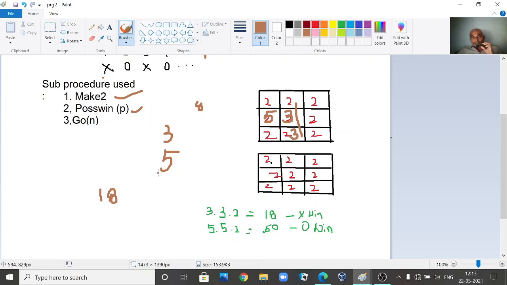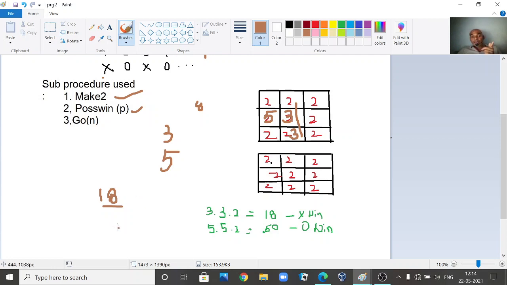So O will come to know that in the next move, because the product of 3 3s are 9, 9 2s are 18, if you get 18 anywhere, either vertically, horizontally or diagonally, O will come to know that x is going to win in the next move.